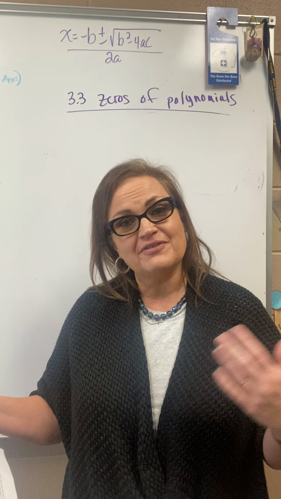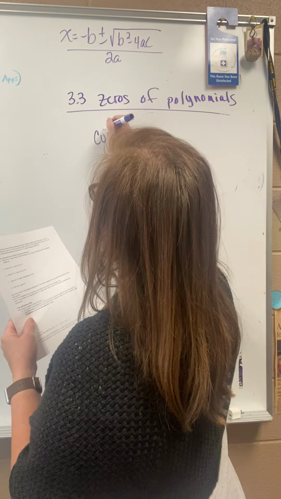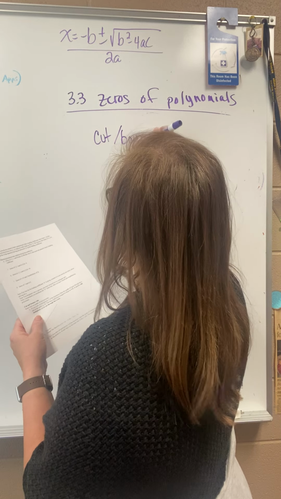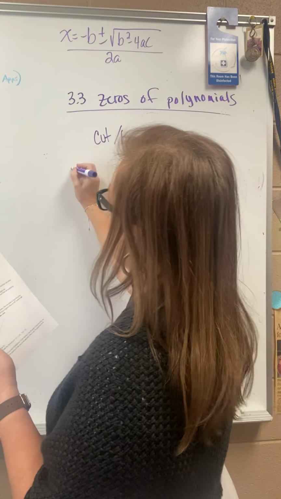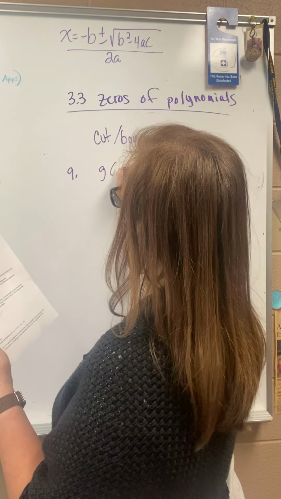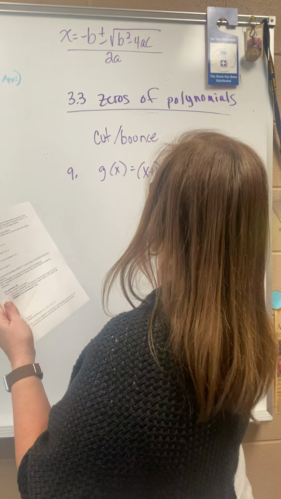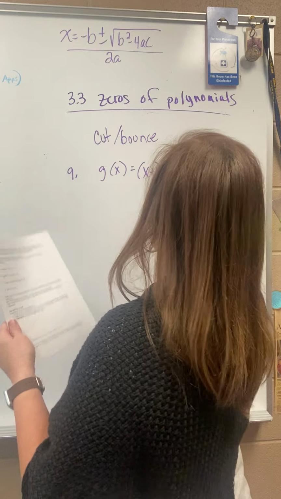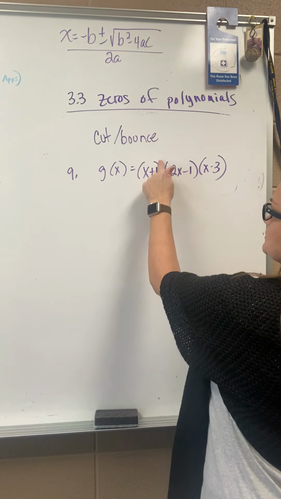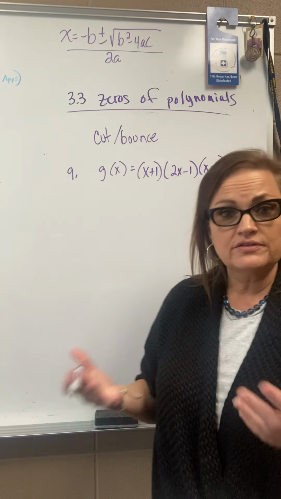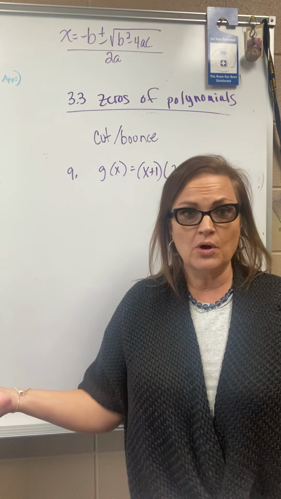So on your note packet, find the page that says cut and bounce rule. I just love this rule. I just think it's really neat that the graphs do this. Whenever you're graphing a polynomial, like on number 9, if all of the zeros are just there an odd amount of time, which these are just there one time, which is common. If all of your zeros or all your factors are just there once, like this is to the first degree assumed, then all of those zeros, those are considered linear zeros, no multiplicity or just multiplicity 1,